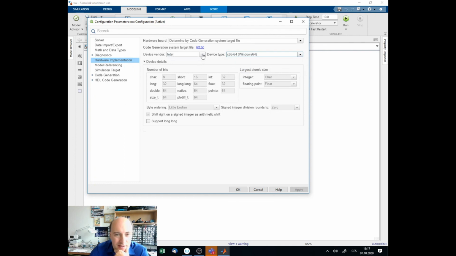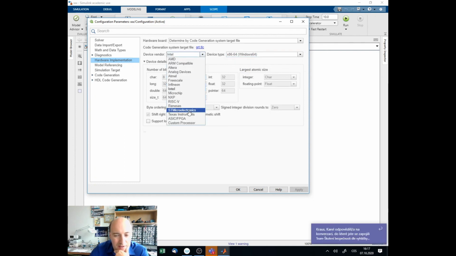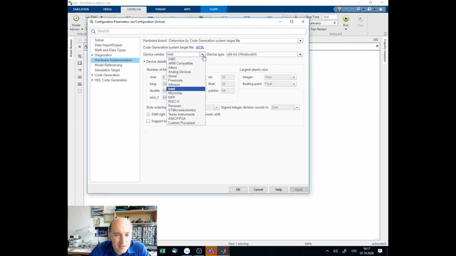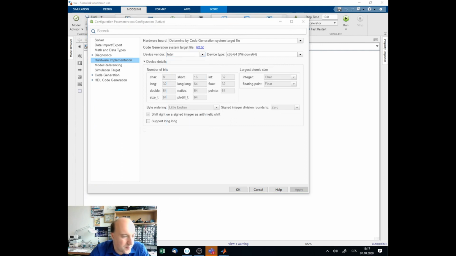In case you want a different CPU, then for example you see here STM Microelectronics. That's the one that we have on the board, on the development board that we've been working with last week. So in the future, when we will be compiling this for the board, we will have to select here the STM Microelectronics board. Okay, so now let's keep this Intel here,